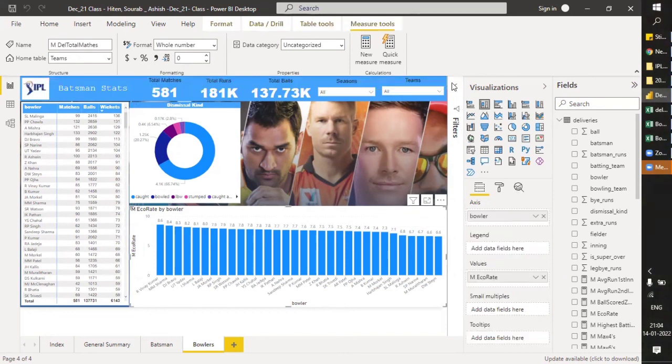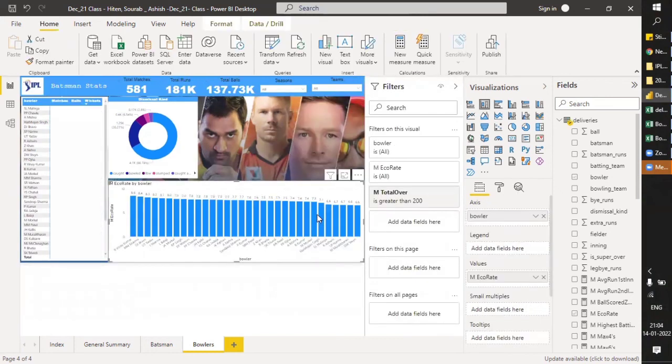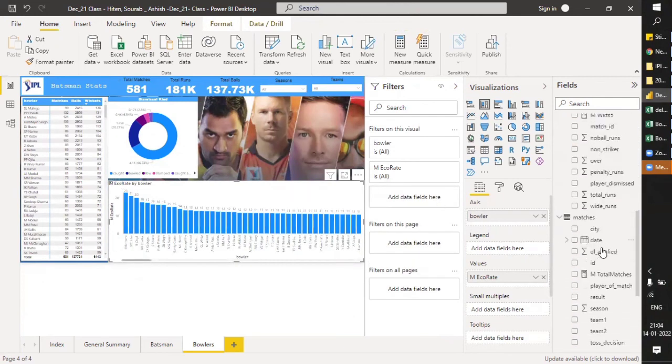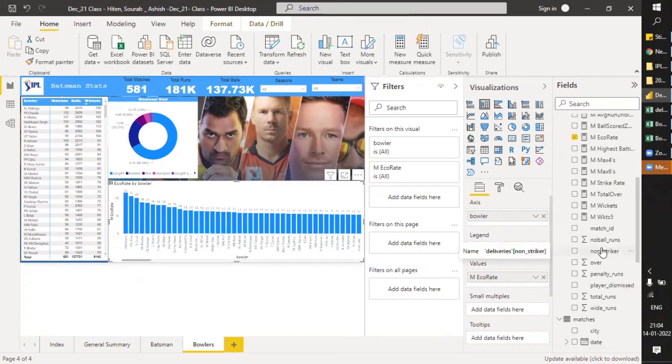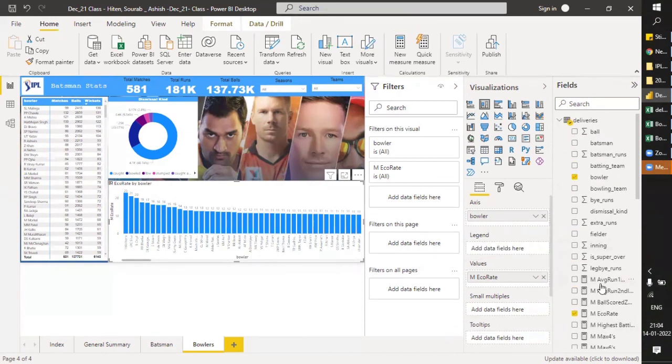And let's go to the filter. Select this. Remove this filter, and total matches will be deliveries. Where has it gone?